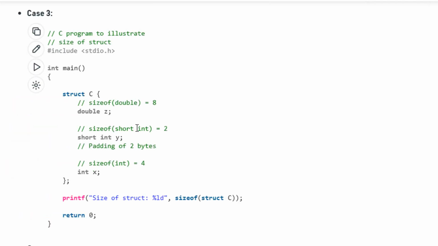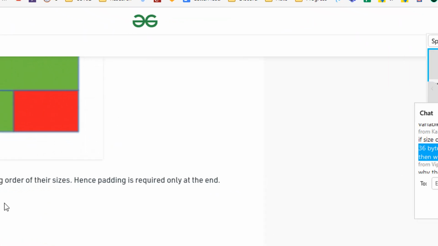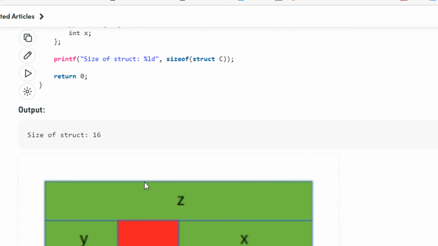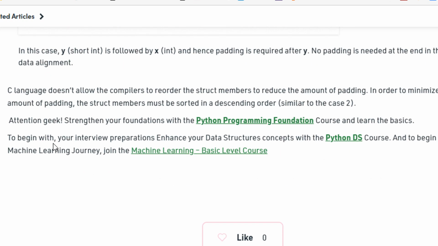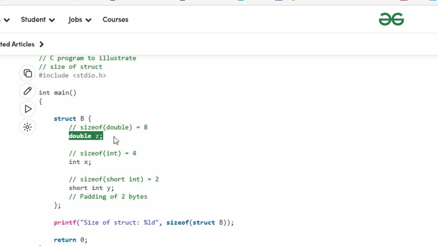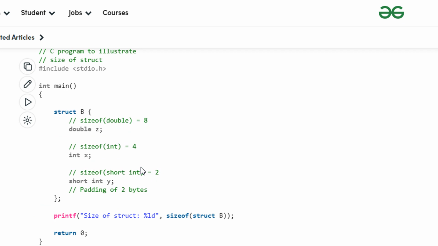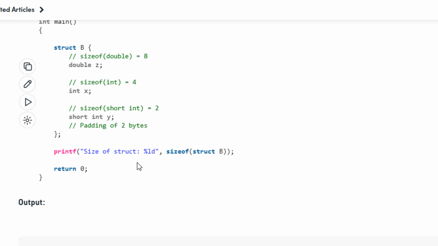So guys, in the program, this link is there. I would advise you all to open this link and just try to get a feel. So you will ask, okay, what is the best way to store the structure? The best way to store a structure is in descending order. Descending means the highest-sized element comes first, then the second highest, and then the third highest. This is an ideal case for structure storage, and it ensures the least wastage in a structure.